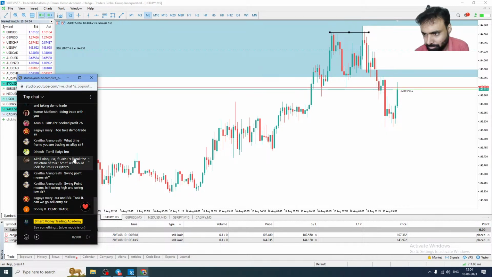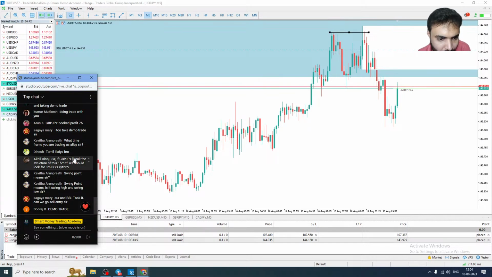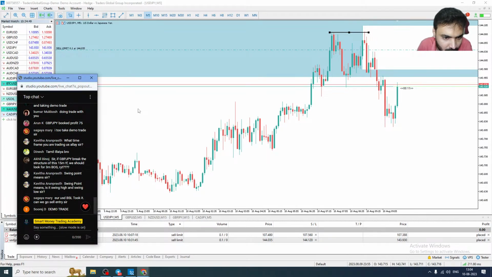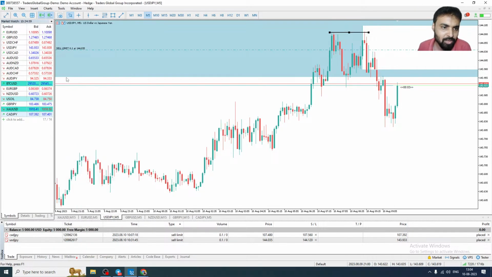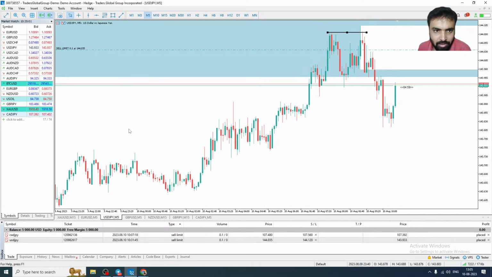Swing point means no. Again, I don't want to go with the basics. You can either refer the masterclass video or the bootcamp videos. So if GBP JPY breaks the structure in 15 minutes, we should look for the 3 minutes BOS, right? You can look for that. You don't need to look for that also. That is your choice. I personally look for the 15 minutes break of structure and I will measure the stop